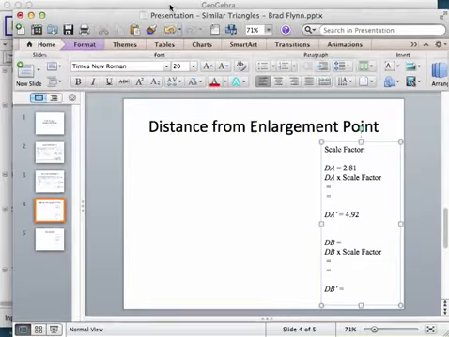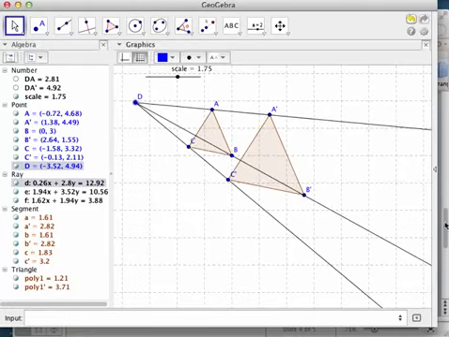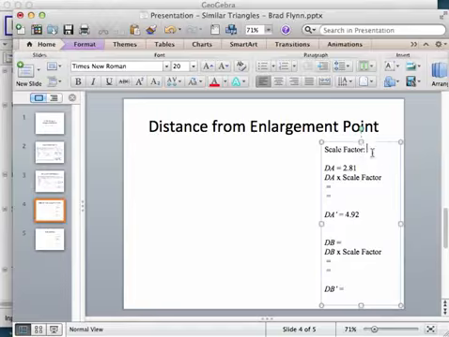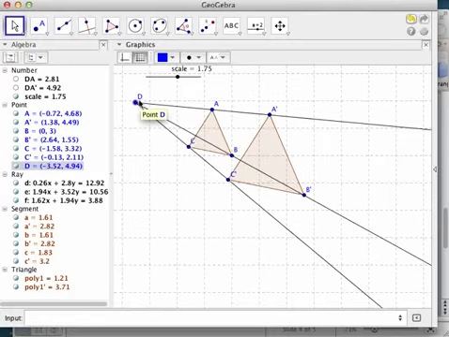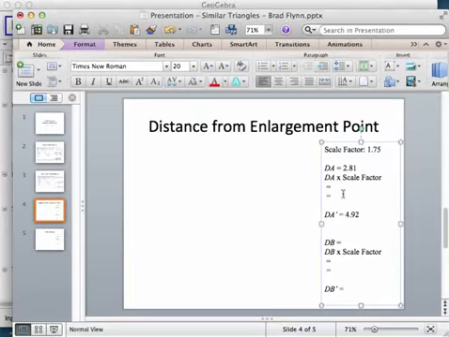But let's have a look at the scale factor. The scale factor is 1.75. So I'm going to put the scale factor here as 1.75. And I want to show you something interesting. If I take DA, the length from point D to point A, 2.81, and I multiply it by the scale factor,